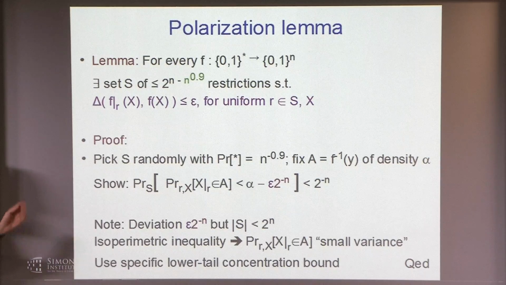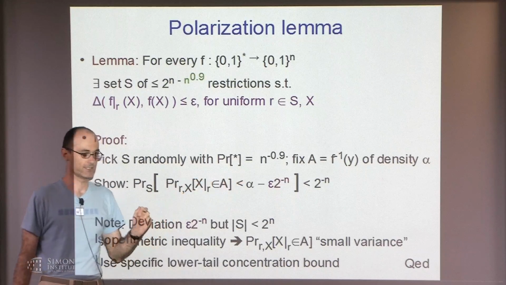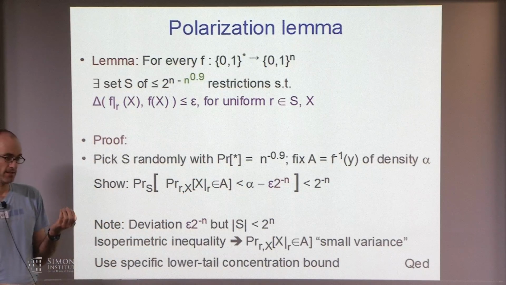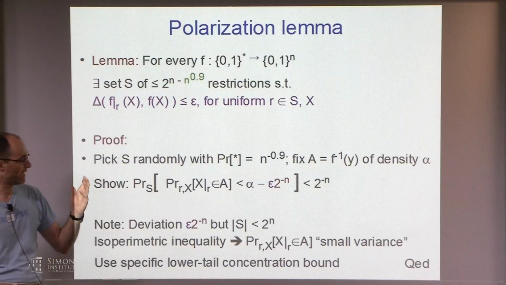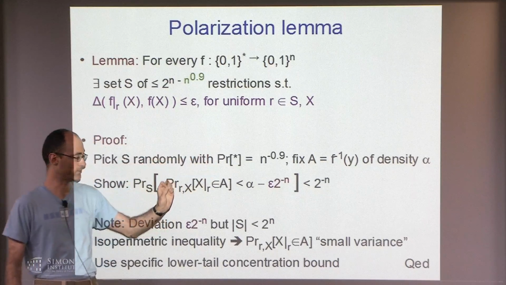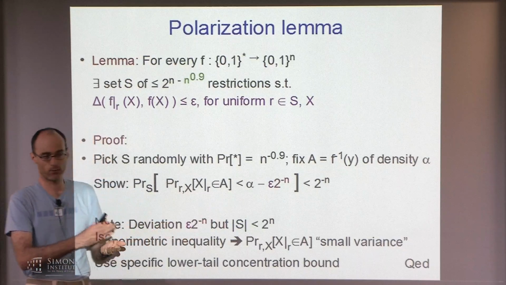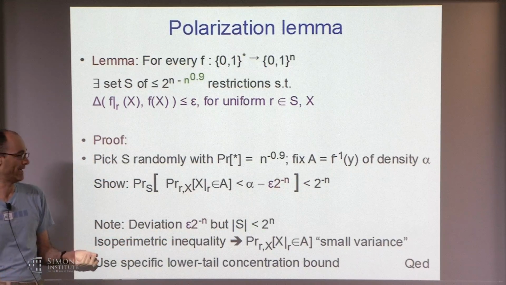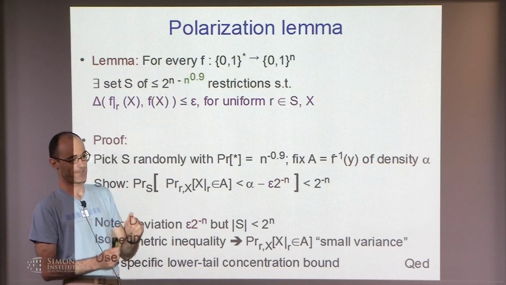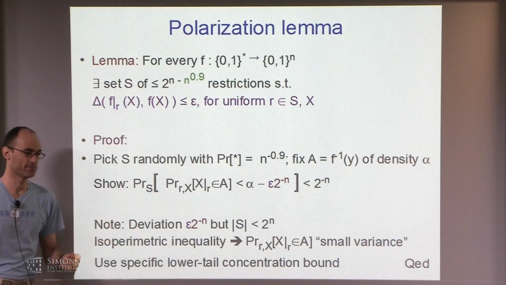So which concentration bound do you use? I don't know. So the upper tail is what's known as the Bernstein result. The Bernstein has an extra factor in the exponent, which will make this thing useless. The corresponding lower tail, which I don't know if it has a name, does not have the extra factor, and it can be used here.